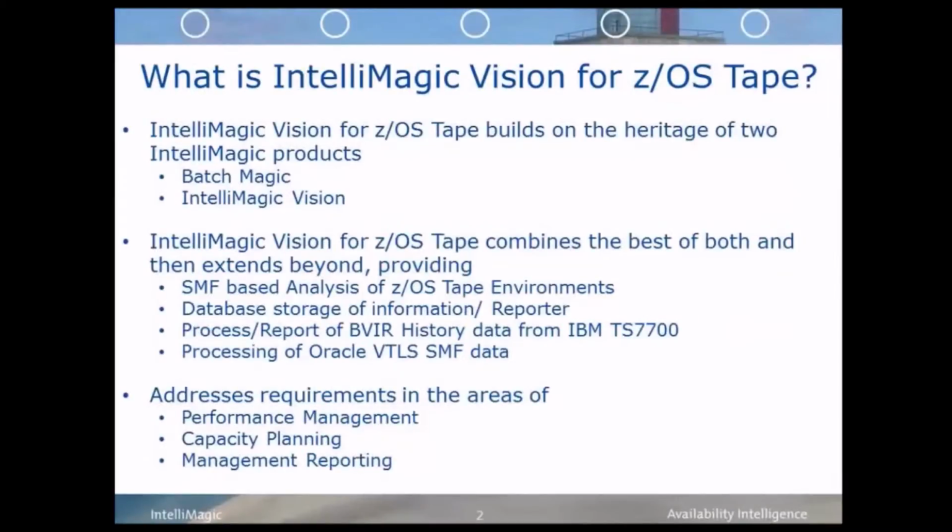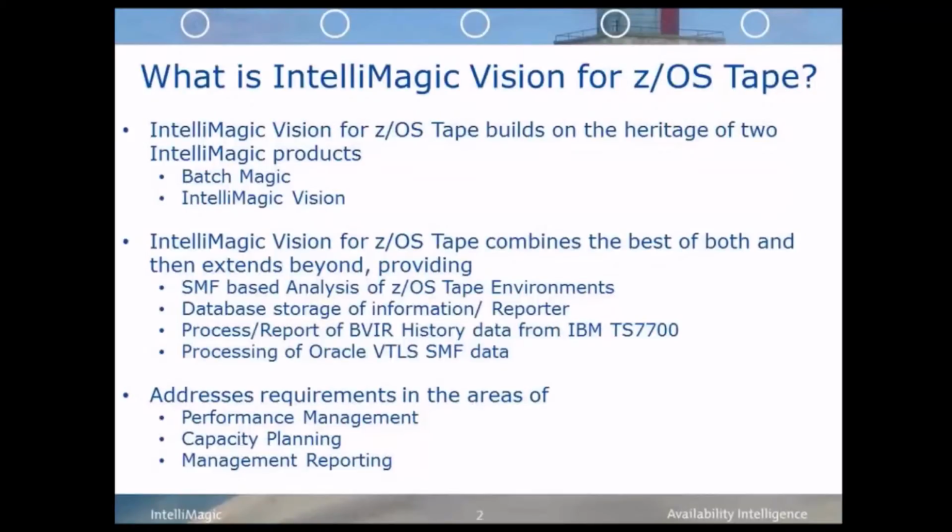IntelliMagic Vision for z/OS Tape builds on the heritage of two IntelliMagic products, BatchMagic and IntelliMagic Vision. You may have heard of BatchMagic as an IBM marketing tool to do tape assessments, and IntelliMagic Vision has been around since the late 90s and is used by many customers today. The merge of these two products gives you the ability to have an SMS-based analysis of a z/OS tape environment, as well as a database storage of the information that's obtained and use of the Vision Reporter for charting